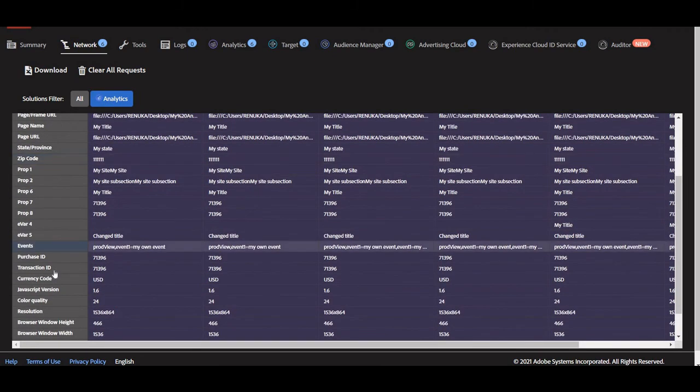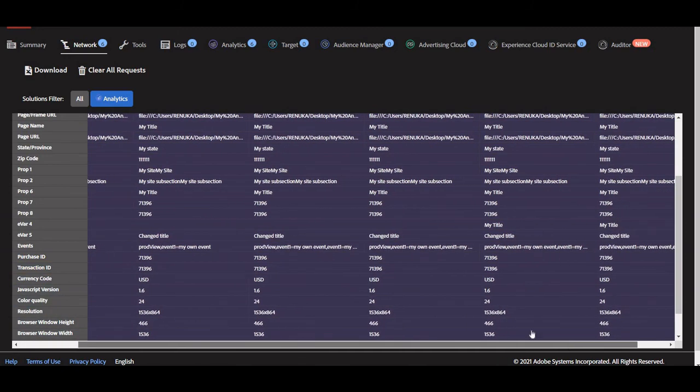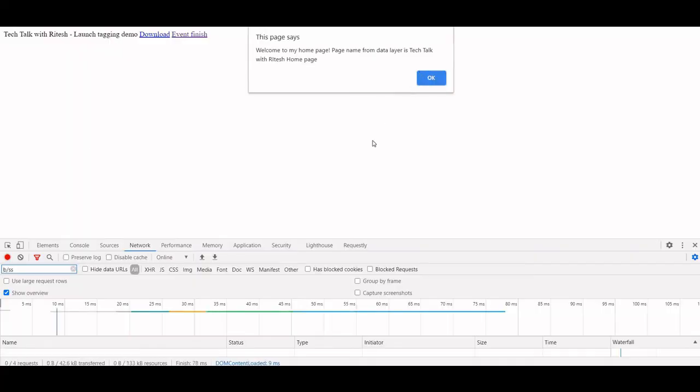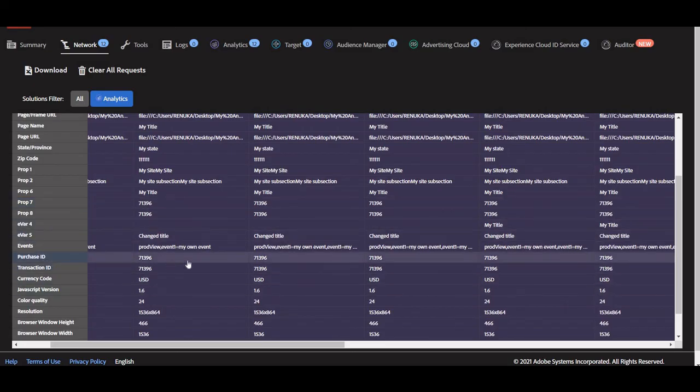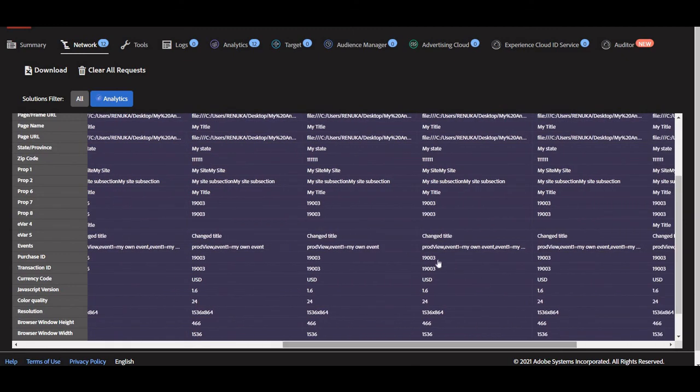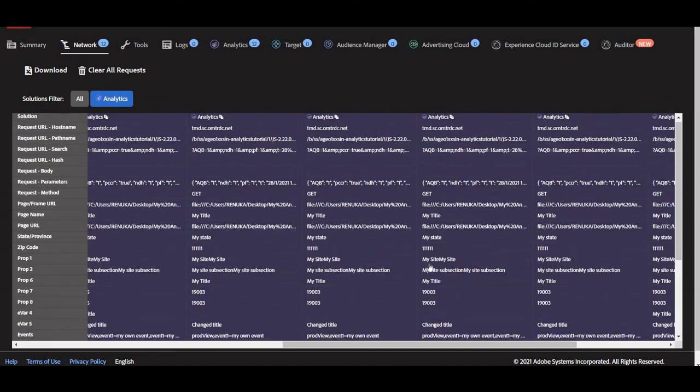Yes, the first thing is we are getting transaction ID 71396. Let's refresh the page again just to make sure we are getting dynamic data for transaction ID and purchase ID. Purchase ID is 71396 for the first call, and for the second call it's 19003. So it's going well. Transaction ID and purchase ID are both the same, so that's also working.